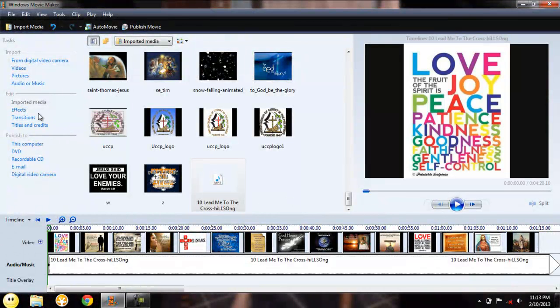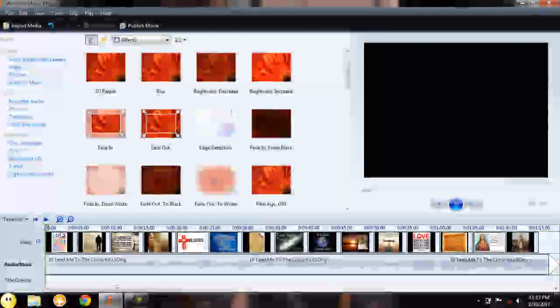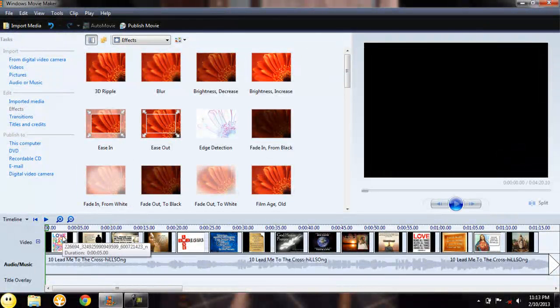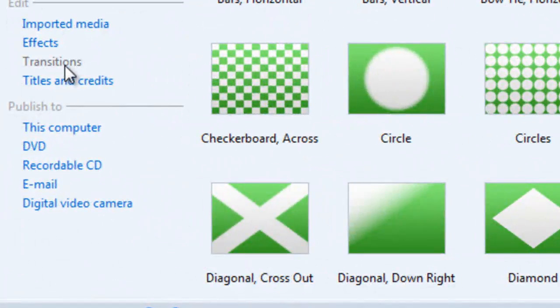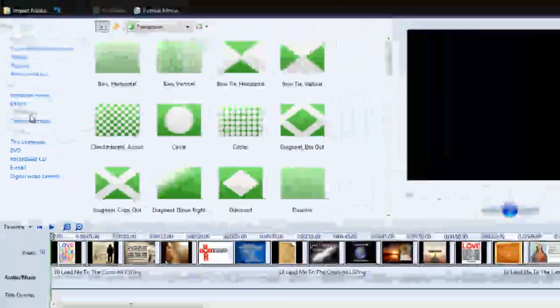Then we can add effects. Effects are implemented to images, so this is what they look like. If you add a transition, it is what the image looks like if the next image would show.